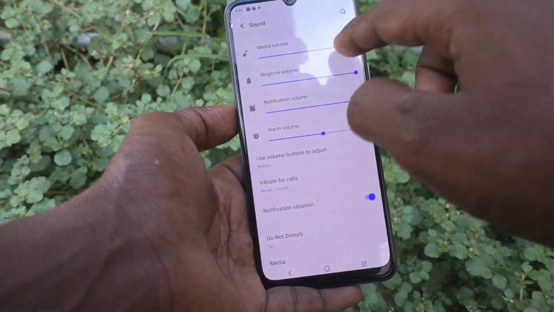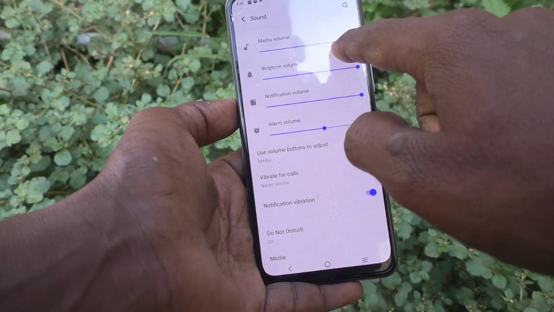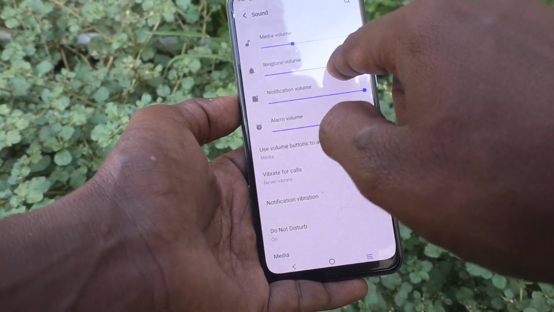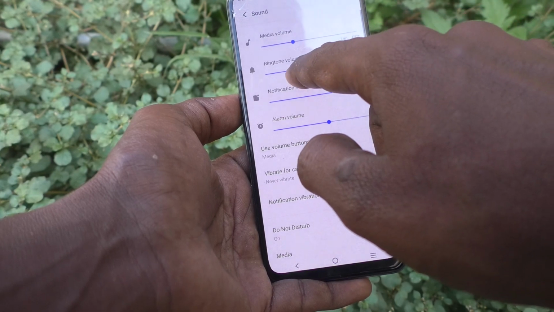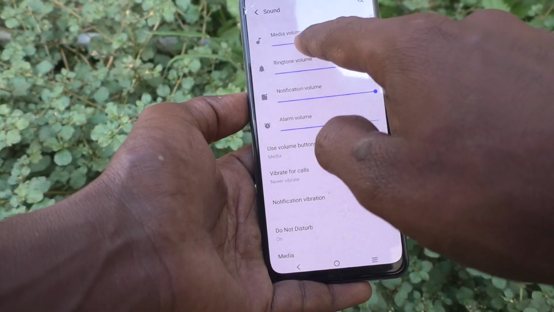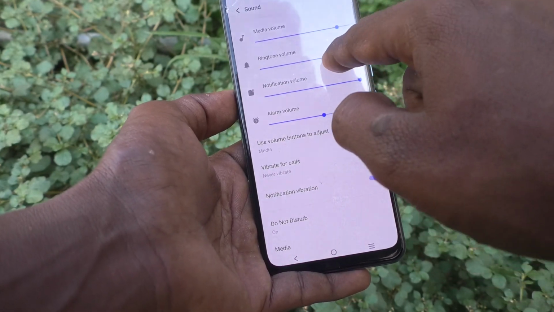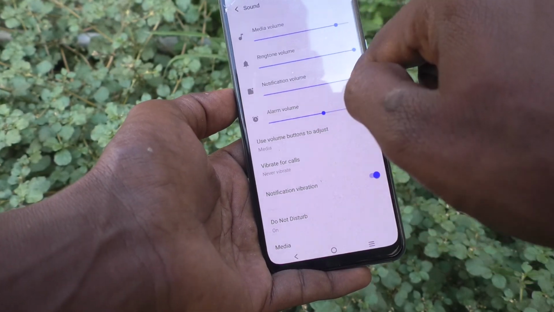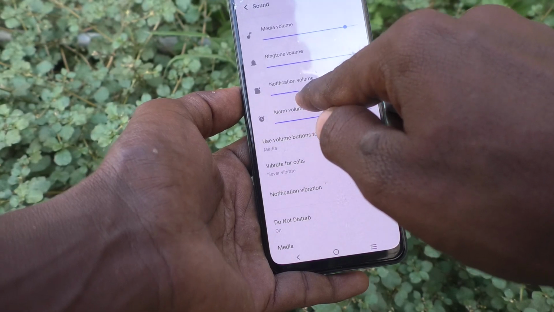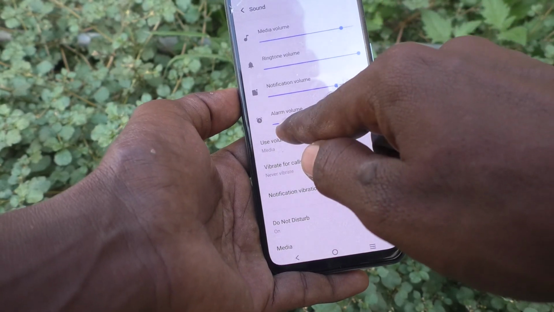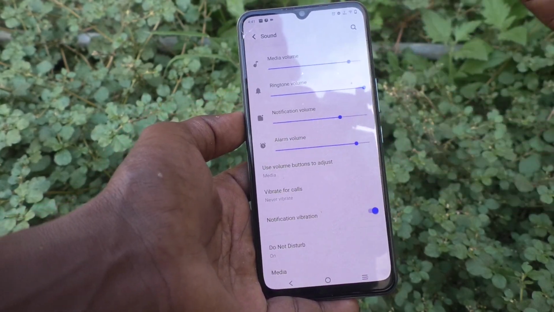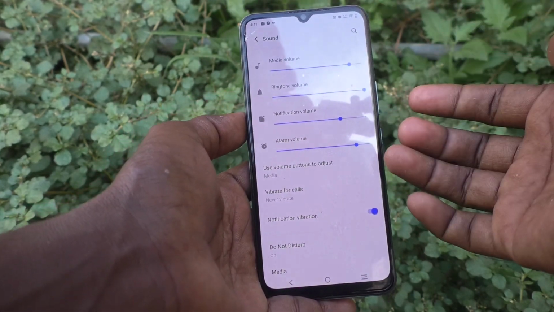To increase media volume, just move the pointer to the right side. For decrease, move the pointer to the left side. Follow the similar way for other options, that is ringtone volume, notification volume, alarm volume, etc. Just you can use these controls to adjust the volume and set the volumes for media,